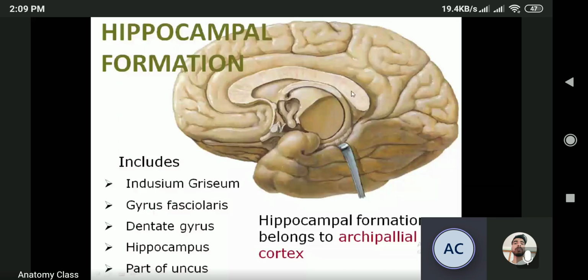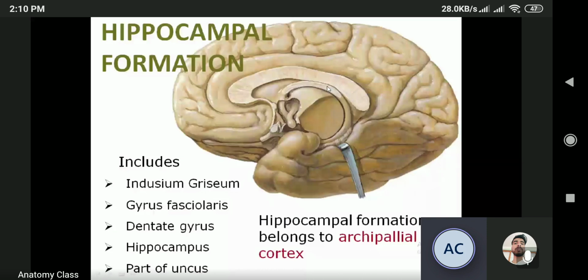Okay, the corpus callosum grows backward, invading the hippocampal formation and dividing it into an upper part, which comprises the indusium griseum, and a lower part, which comprises the septum pellucidum. Eventually the hippocampal formation becomes vestigial in the upper part, while the lower part grows prominently with the growth of the temporal lobe.